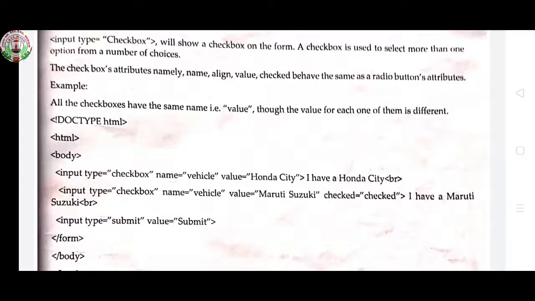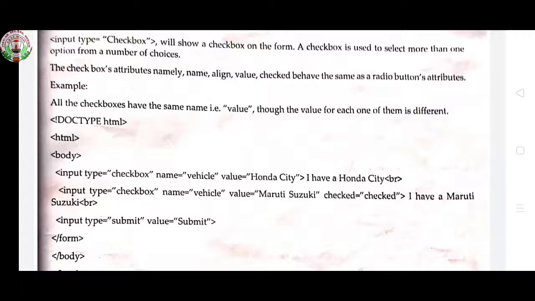HTML tag, body tag, opening, input type is equal to, inside inverted commas, now we will write checkbox, name is equal to vehicle, value is equal to Honda City, and close the tag, and after the tag I have Honda City, then BR tag.